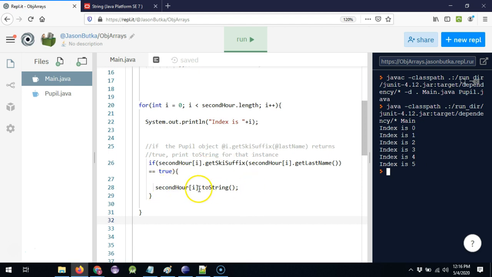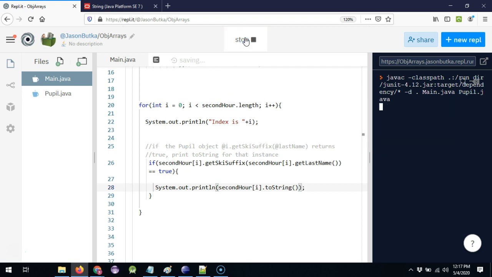So when I look at this and I see the toString, what's happening, or what isn't happening, is we aren't asking it to literally print out on the screen. So all we need to do is to encase this in a System.out.println. And once we've encased that in there, and we run this, and we take a look,